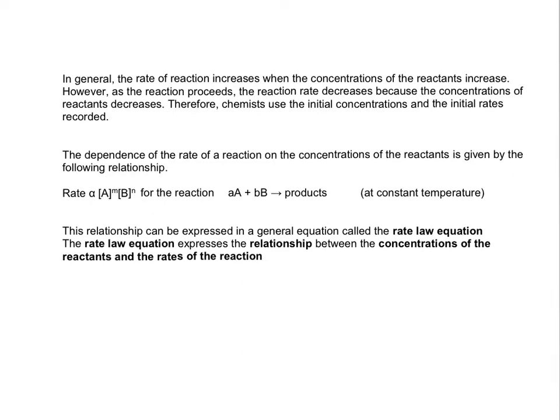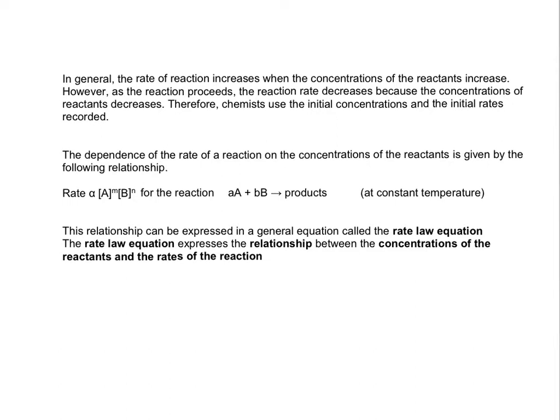In general, the rate of reaction increases when the concentrations of the reactants increase. However, as the reaction proceeds, the reaction rate will decrease because the concentrations of reactants decrease. They get used up as the reaction proceeds. Also, the products that are made get in between the reactant molecules, so you can't have a successful collision. Therefore, chemists use the initial concentrations and the initial rates recorded to figure out the order of reaction and rate